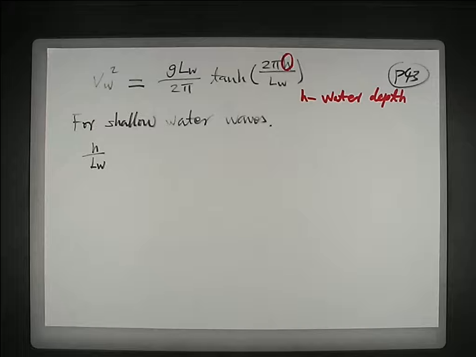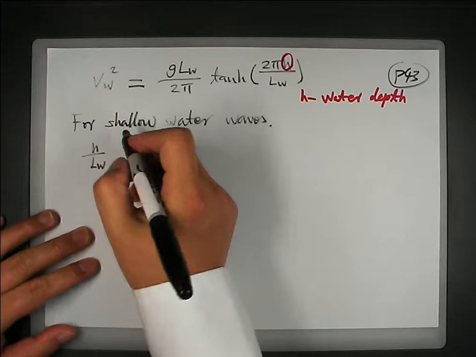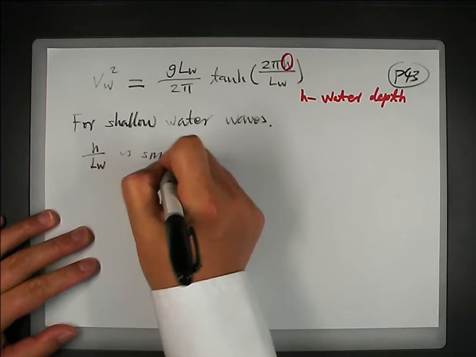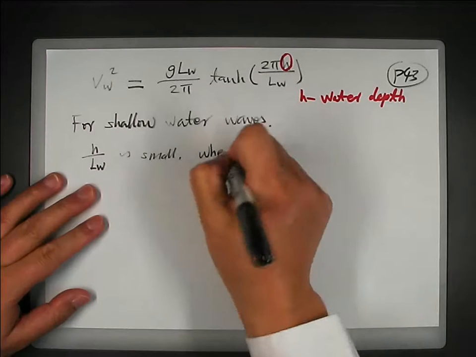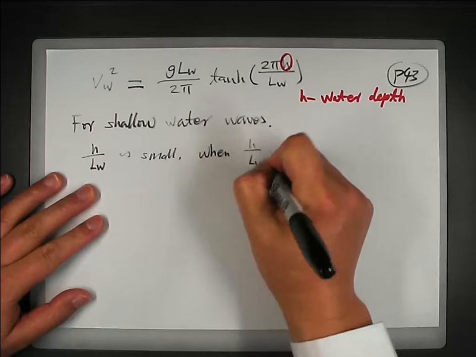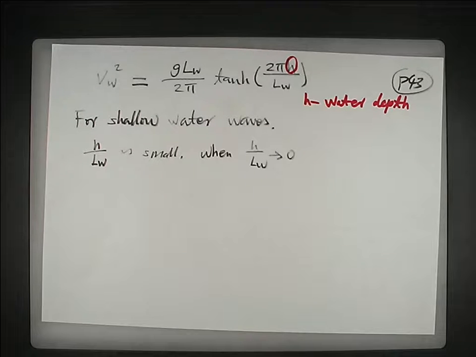It's very, very small. Please confirm. Small or large? It should be small. When H over L_W tends to be 0, approaches 0,